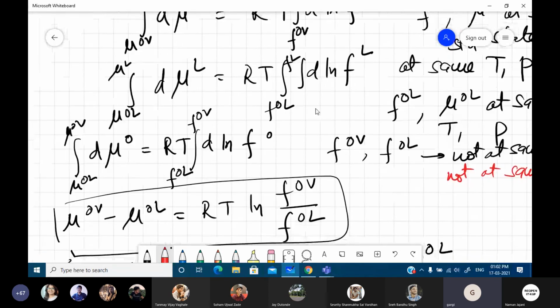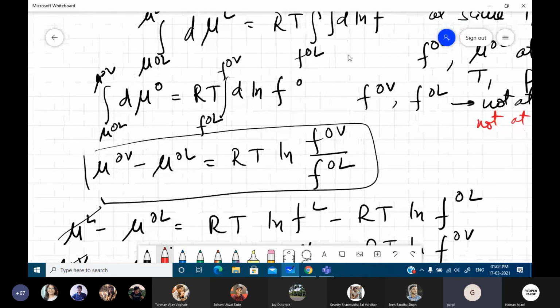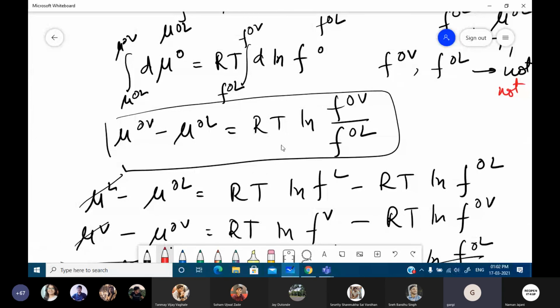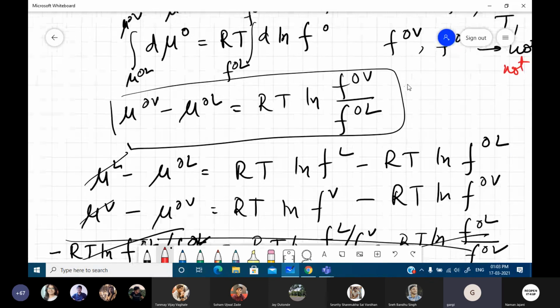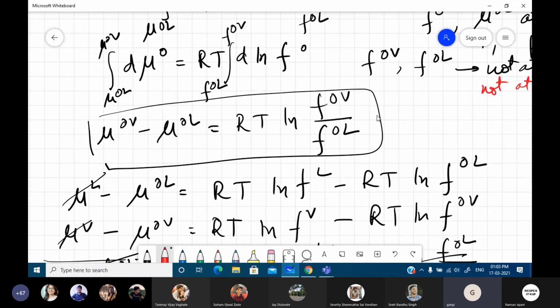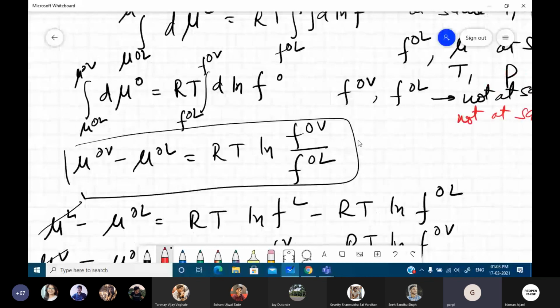If you are using two different equations, and in the equations one of the limits is the same, that means one state is the same for the two. If these two limits are different, then you cannot directly equate these two. But there will be some equations relating the two, and that is the equation which I have written down. This comes from the basic defining equation which I had already written down.